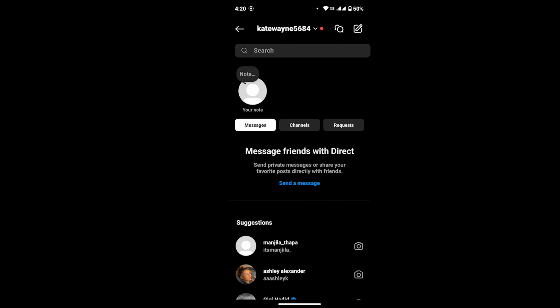So what restricted means is that once you restrict an account, the chat with that person will move to your chat requests, and the interaction between you and that person will be limited. One more point on restrictions is that the person you have recently restricted won't be notified that you have restricted their account, and you can manage the comments, likes, and interaction from that account on your